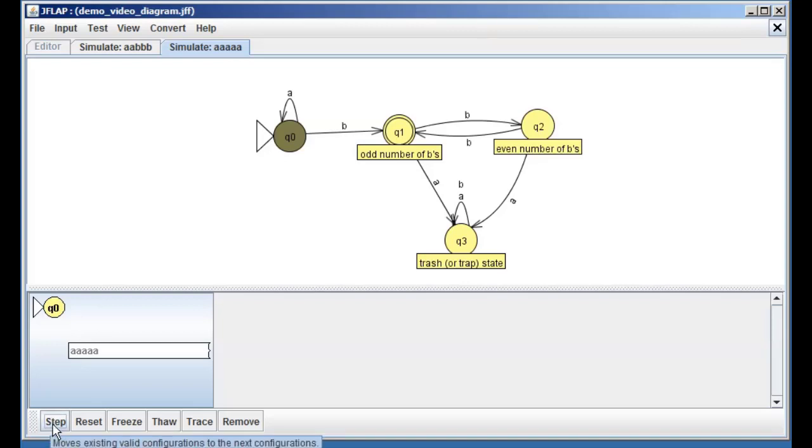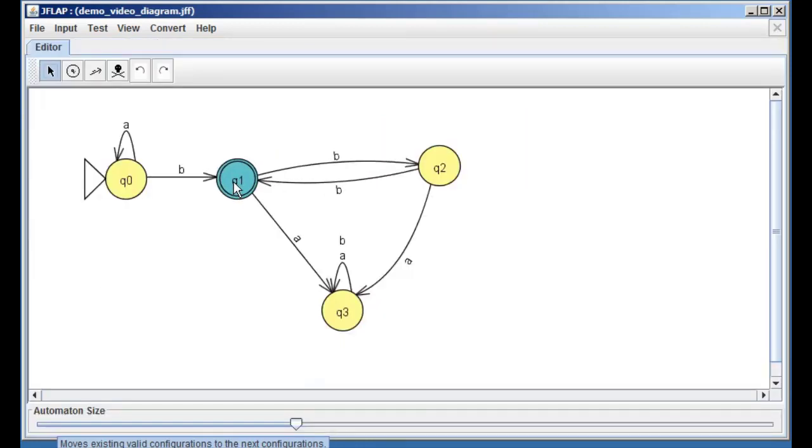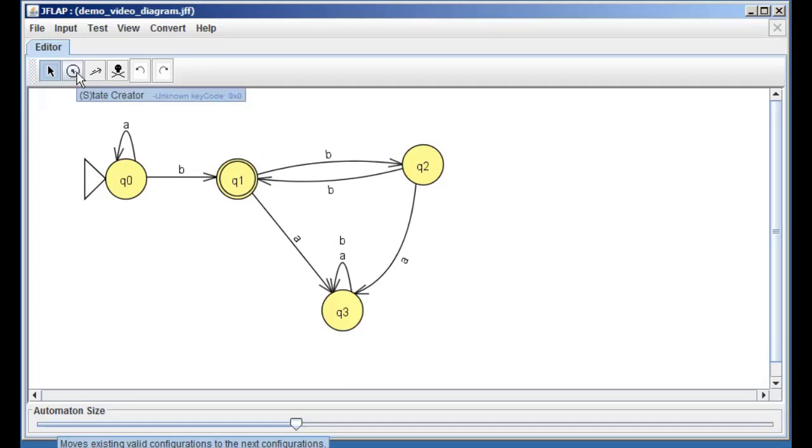For technical reasons that we'll understand better when we learn about NFAs coming up soon, I have to hit the step button one more time, and then we get this red screen saying, nope, there's no way for me to get that. And if I close this out and close this one, I'm back in the editor and I can change things around if I want. I can add new states and new transitions or